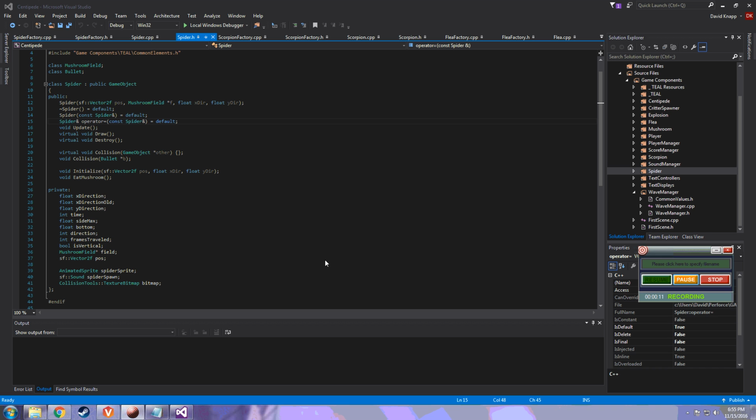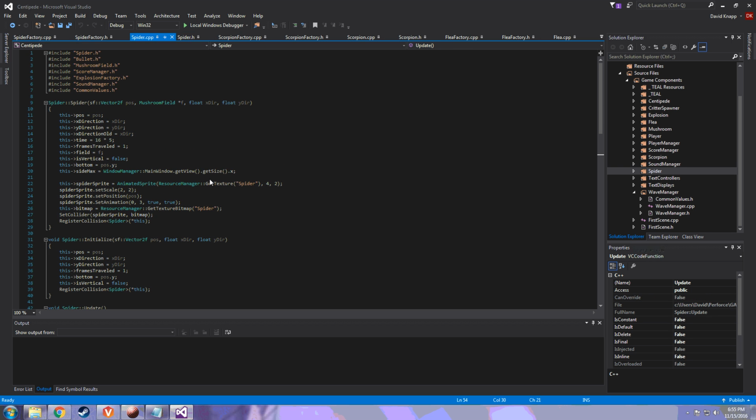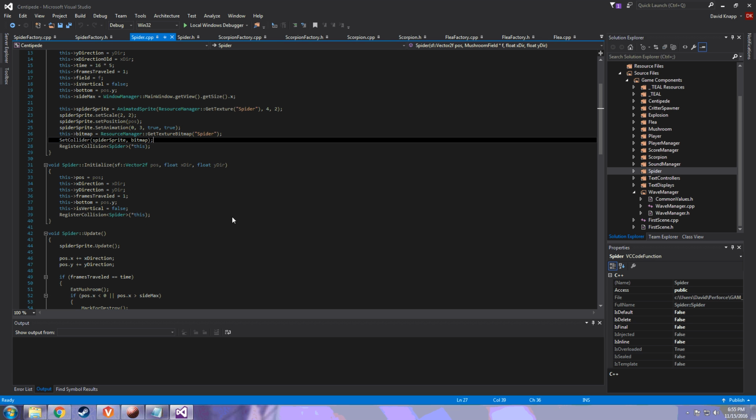Spider has very simple movement, moves up, down, or diagonally in a given direction, never swapping directions. The direction is determined by its starting location. Let's look at that. So, here we have its initializer, where it will determine where it is and give itself a timer and basic instantiation. And then the initialize is all of the components of that